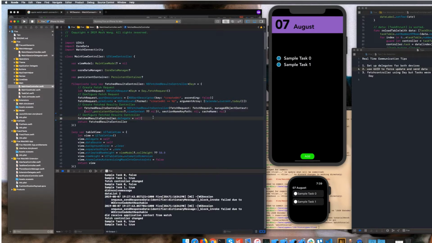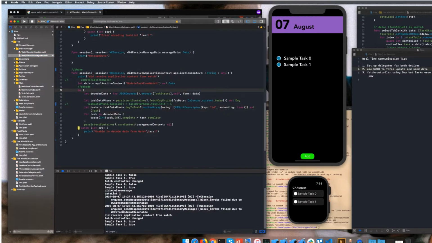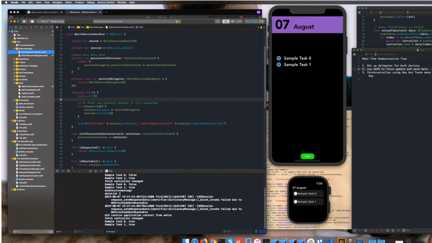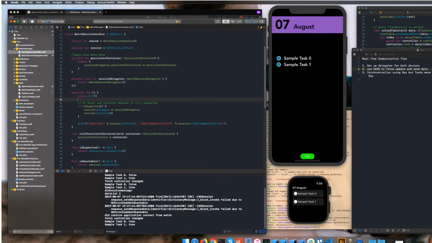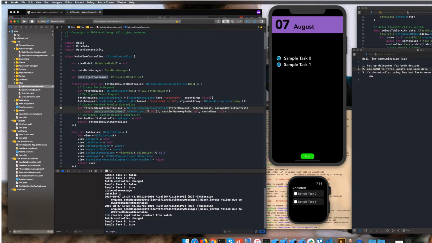I think this is the only way to find a bridge between your view controller and your session delegate, or your watch session handler, because these are two different classes and they pretty much don't know anything about each other. What we can do is use NSFetchedResultsController to bridge these two objects together,